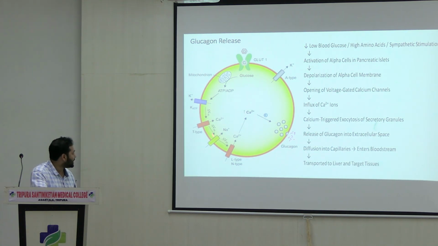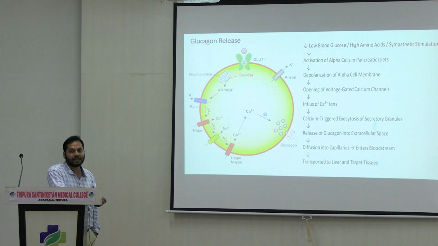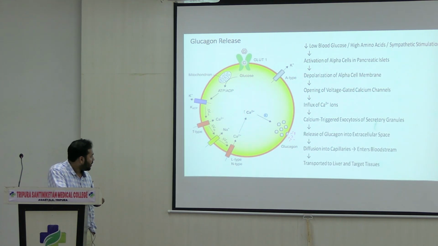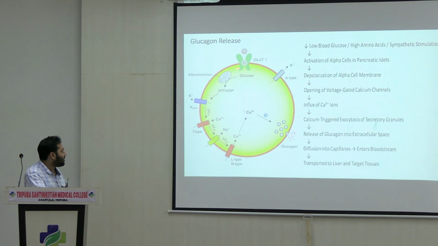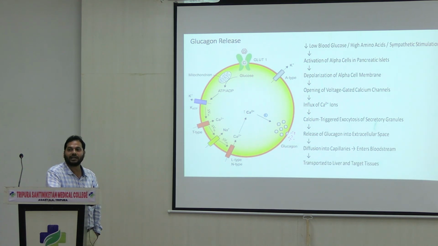So this particular stage leads to changes in the alpha cell membrane potential. This membrane potential change is called depolarization. So there is depolarization of the alpha cell membranes as well as excessive amounts of calcium ions. Both promote the vesicular movements towards the alpha cell membranes, right? These vesicles contain some granules, and these granules are